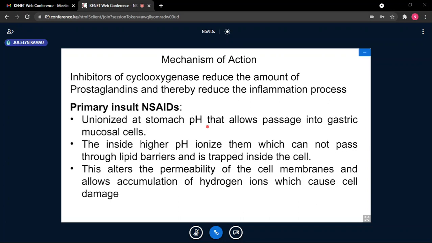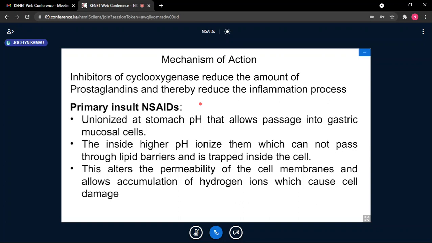If I please draw the structure of an acid, HA, put an equilibrium sign, and put a hydrogen ion plus A minus. That's HA. HA is a weak acid like these drugs. HA, equilibrium sign, H+ plus A minus. So in the stomach, because the pH is acidic, there is a very high concentration of hydrogen ions. So most of the drug within the stomach, weak acids or drugs that are weak acids, will be in the non-ionized form.